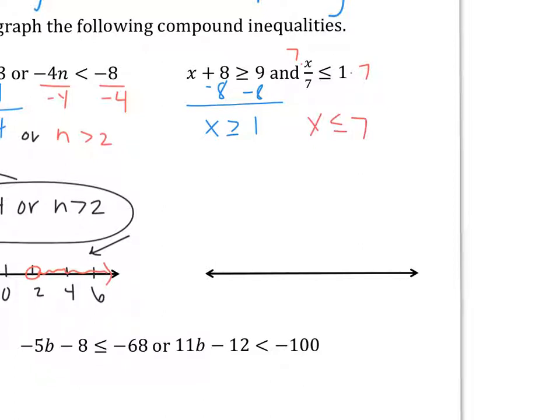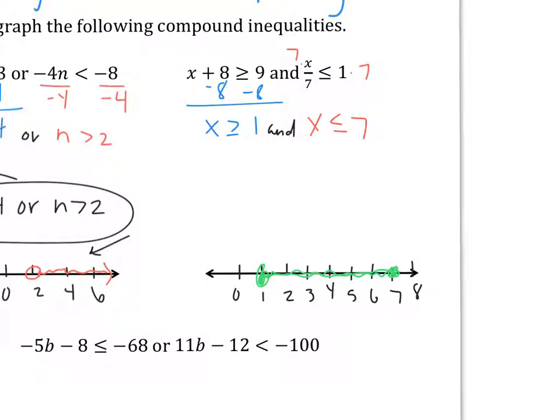So I have x is greater than or equal to 1, and x is less than or equal to 7. So if you can visualize, my answer is greater than 1, but less than 7. That's going to definitely be an overlap. So I'm going to go ahead and just jot down a few numbers on the number line here. And we can visualize this, x is greater than or equal to 1, so I'll use green. And then x is less than or equal to 7,